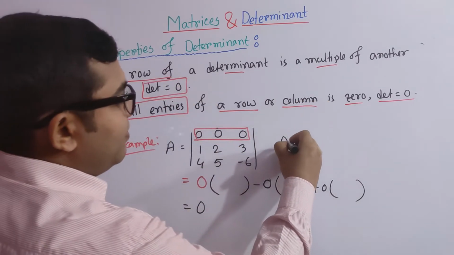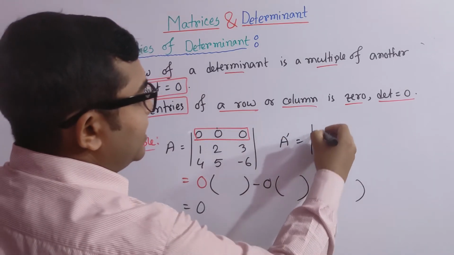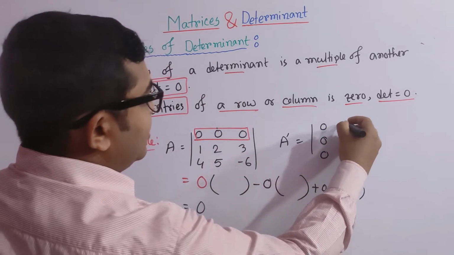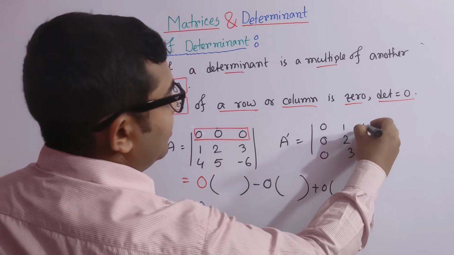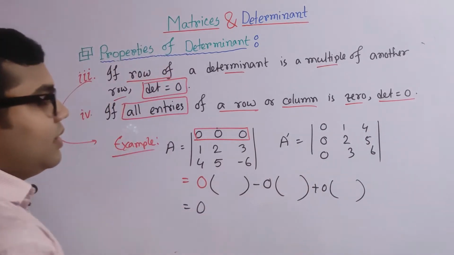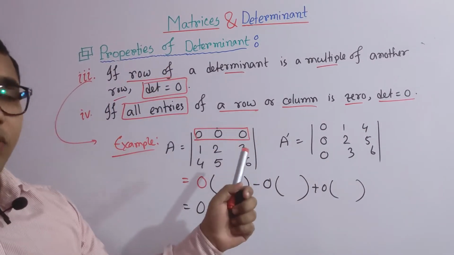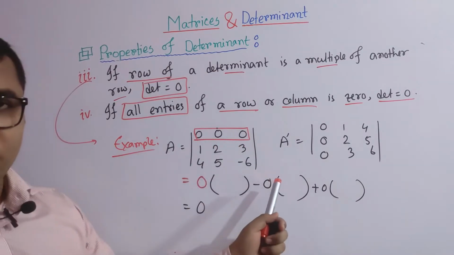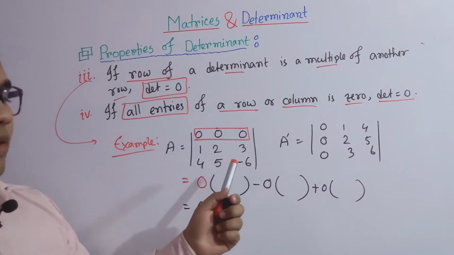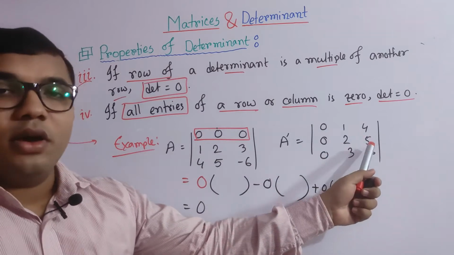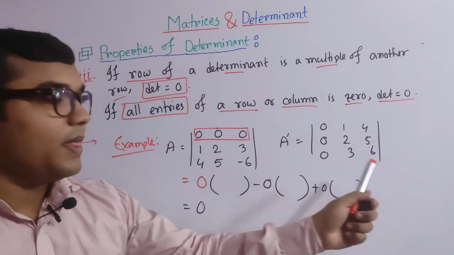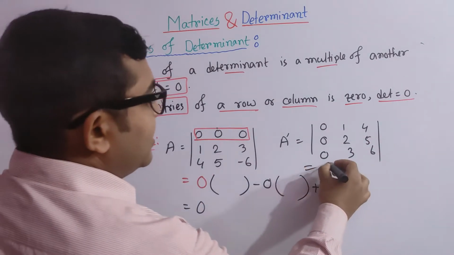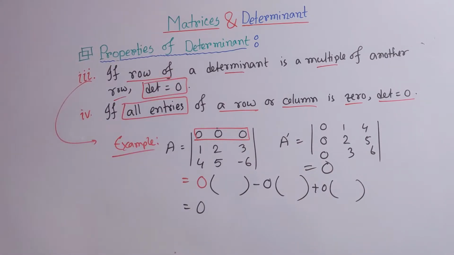What will the column case be? You can already understand, it should look like this: 1, 2, 3, 4, 5, 6. Not only the first row, it can be this row or this row, any one row, if it is 0. At the same time, if any column of this determinant is 0, then the determinant value is definitely 0. It's a very, very important area we are looking at.